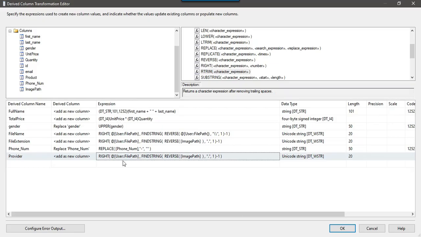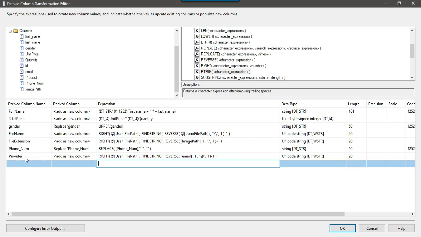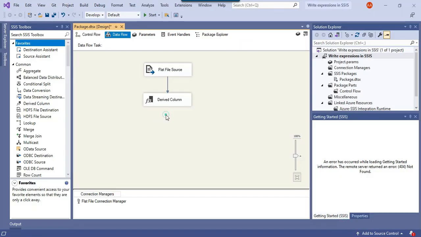Okay, so instead of using the image path we will use the email column, and then from the email column after the @ we will get all the values. Okay, so I think this will get you the provider column. So I think all these columns seem good, and just click OK.